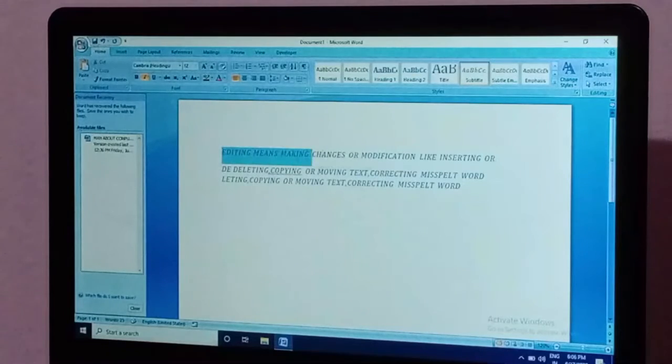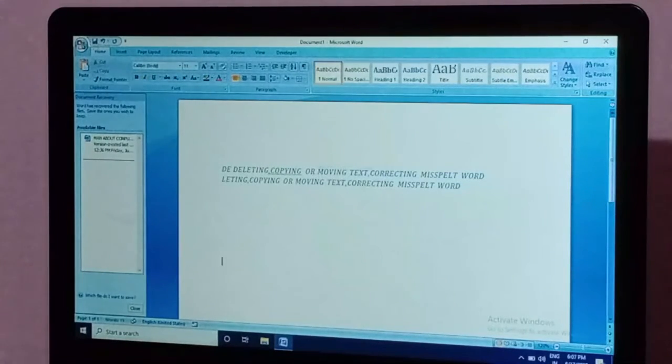Again, this is editing. You just click the cut option, go to the other place, and click paste. The same sentence is written here.